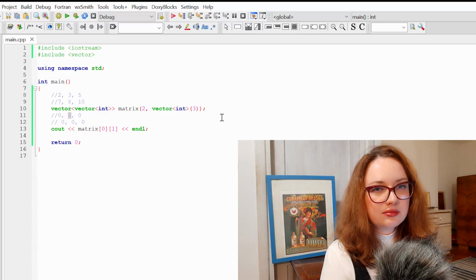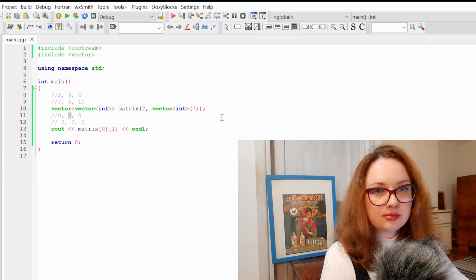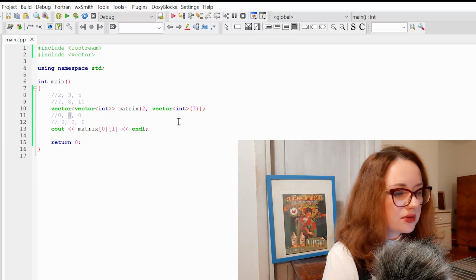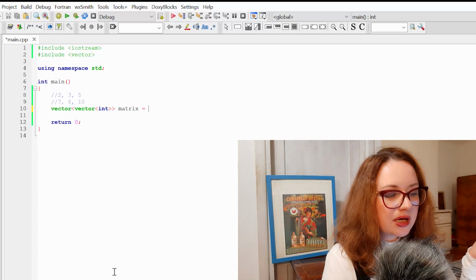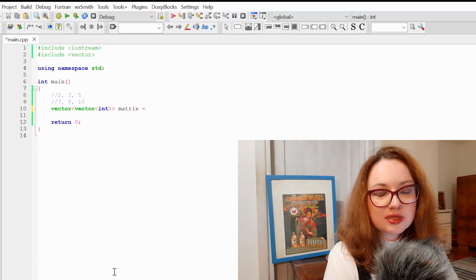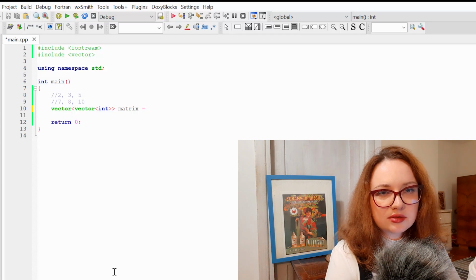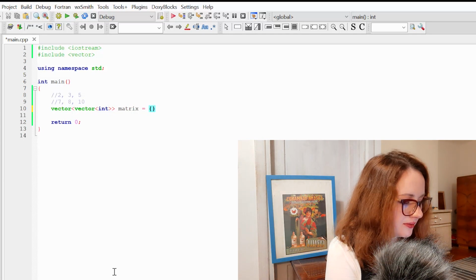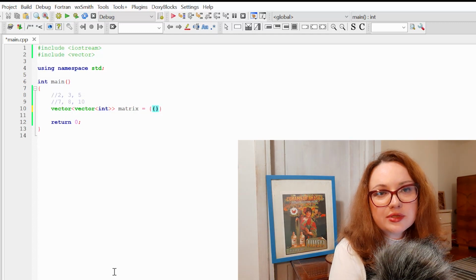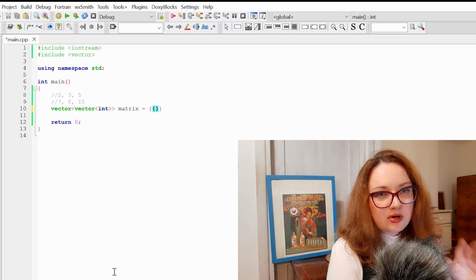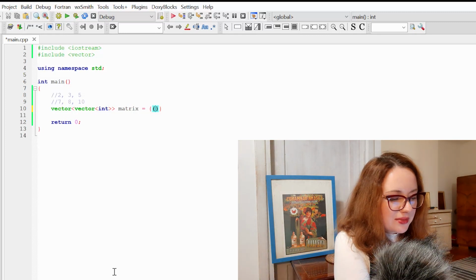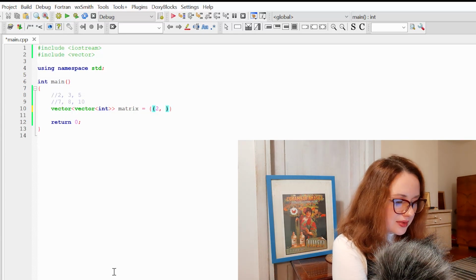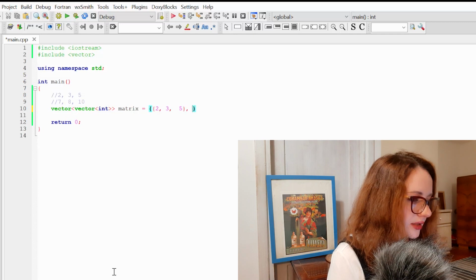Okay, so now I can of course assign a new value to each member of my vector of vectors. Alternatively, I can initialize my vector. And if I initialize my vector, I don't need to write the size of my vector because it will automatically create the suitable size. So to initialize vector of vectors, do it in the same way we did it for the multidimensional array. Open curly brackets, and in the first curly brackets, list the members of the first subvector, and then write comma.